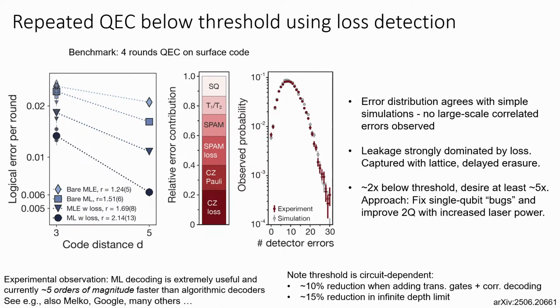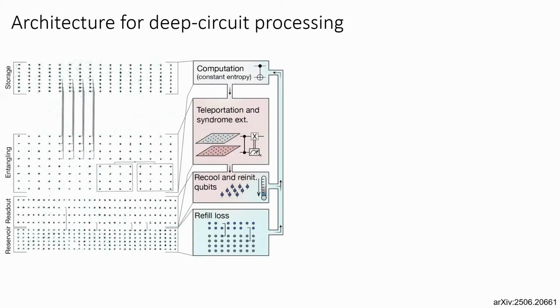And then we can improve our 2 qubit error by a factor of roughly 2 by increasing the laser power by a factor of roughly 4. And I think these are realistic paths forward in order to get to 5 times below the threshold. So I would say the main summary of these experiments in this benchmarking is that with effort, after calibrating the system carefully, and using this loss information and machine learning, we're able to get the performance we expect. And we have yet to see any unexpected surprises in terms of things that did not work the way that we wanted them to for this below threshold experiment.